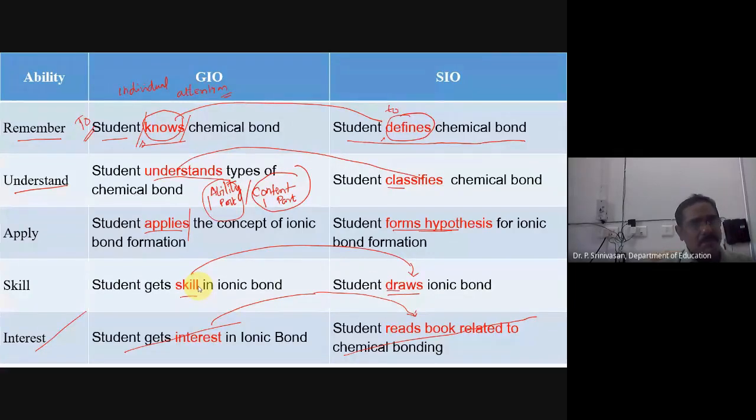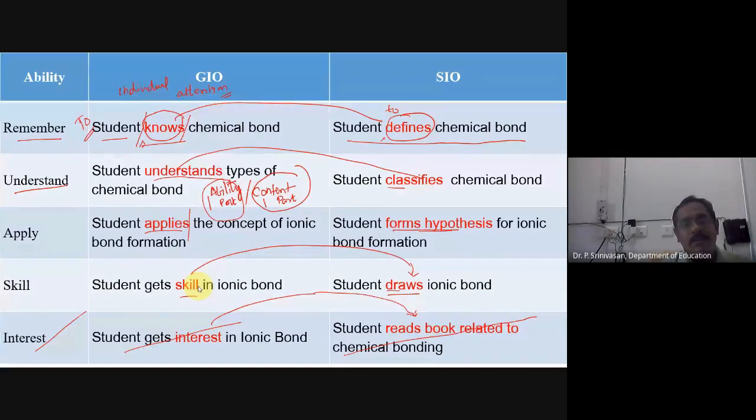So many words you can get on the web also. If you search Benjamin Bloom, you can get different words, 30, 40 in numbers. Literally, that many words come up on websites. Like in apply itself, we can get some 10 to 20 words. So if you get different words, then you can write the GO easily. And we should not use the plural, and we should not add "to" to it.